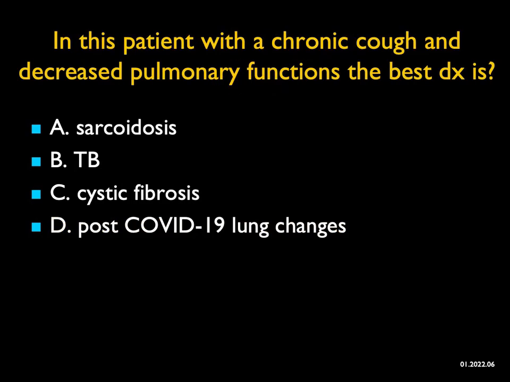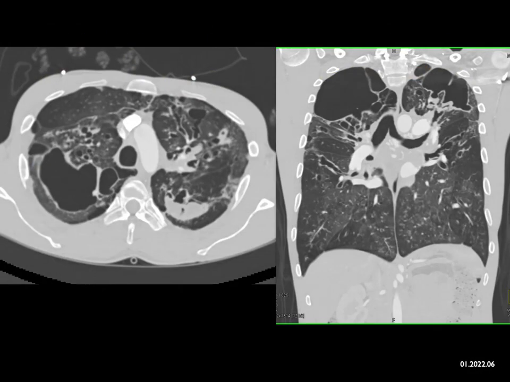In this patient with a chronic cough and decreased pulmonary functions, what's the best diagnosis? Well, if you look, what you're seeing is lots of cystic spaces in the apices. You're seeing bronchiectasis in both apices. You're seeing disease with air trapping in the lower lung regions. You're seeing some adenopathy, and you're seeing what looks like an aspergilloma in the left upper lobe in one of the cavities. You could think about sarcoid and TB,